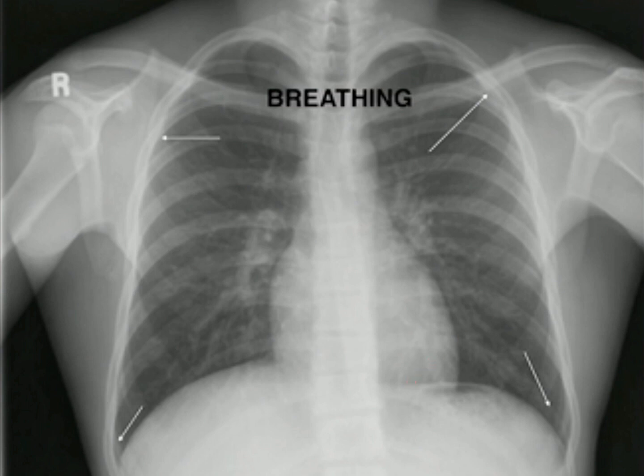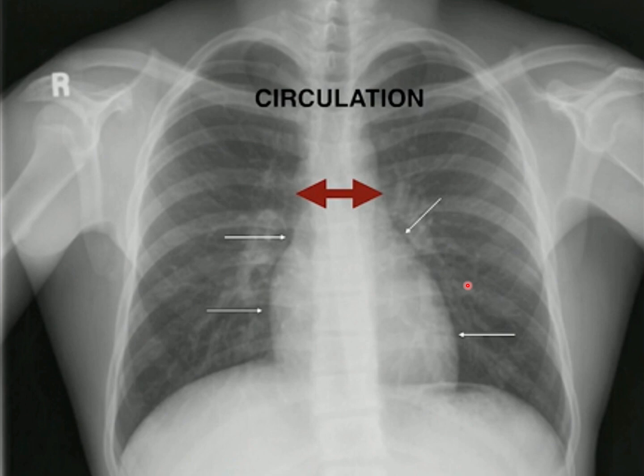Okay, then C for circulation. I'm going to inspect the heart border. Is it larger than normal? Is it smaller than normal? Is it shifted to one side? And here at the level of the hila, you are going to measure